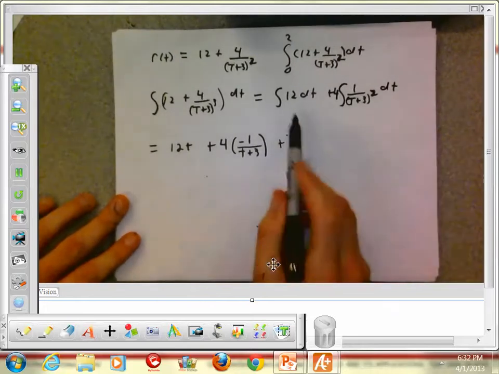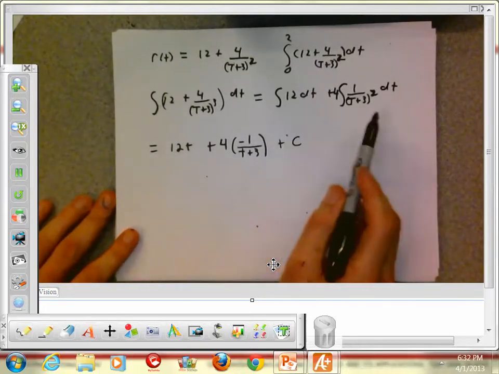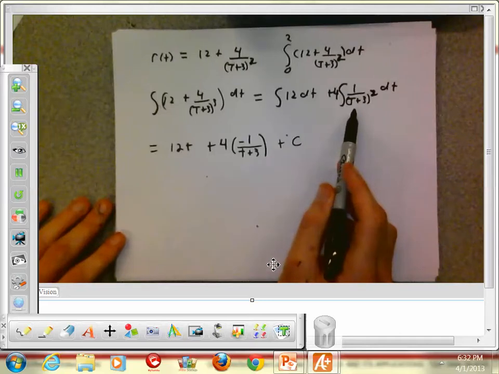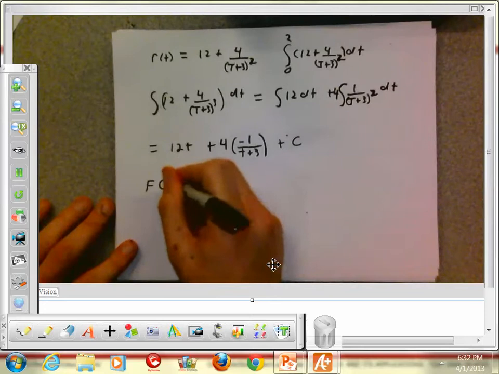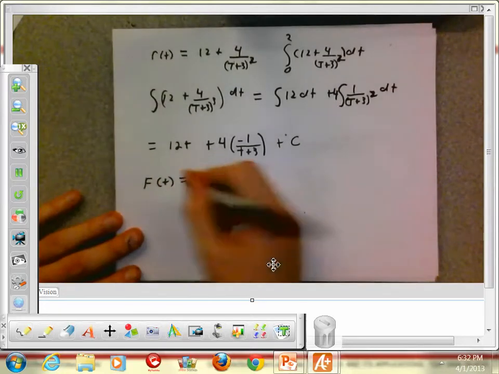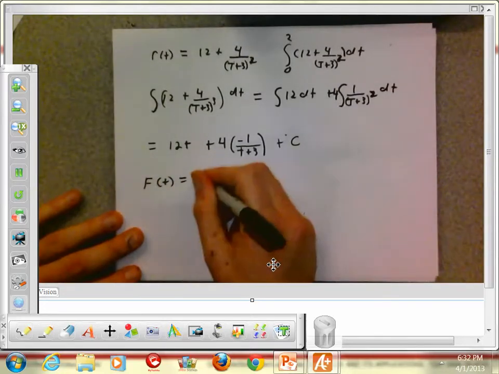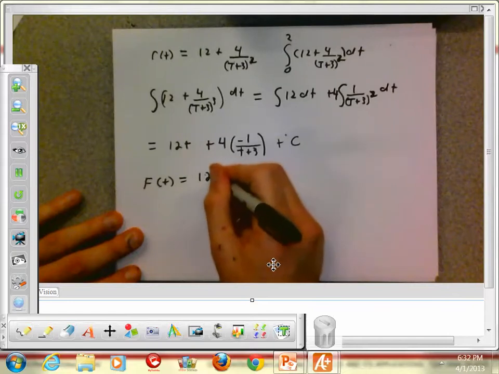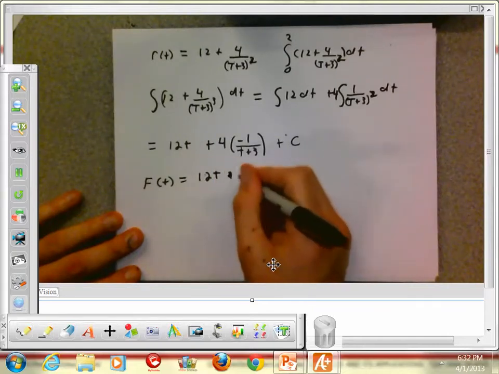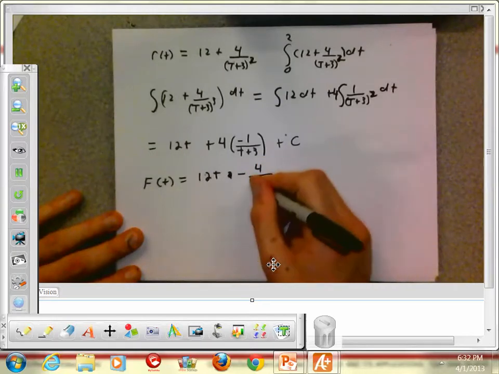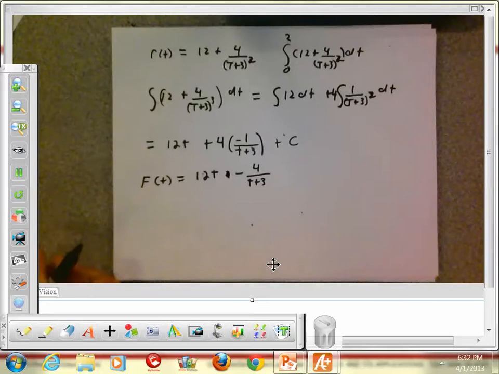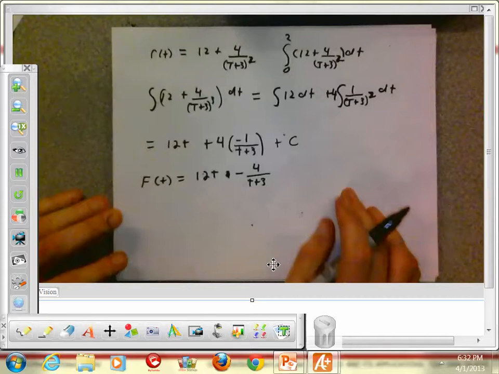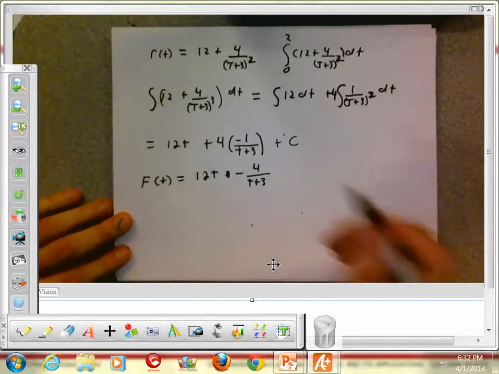So I took the indefinite integral of 12 and the indefinite integral of this, and I can let c be 0. So I'm going to have an indefinite integral. A possible antiderivative is going to be 12t minus 4 divided by t plus 3. All right? So what we can do is we can evaluate this. We can find f of 1. We can find f of 2,